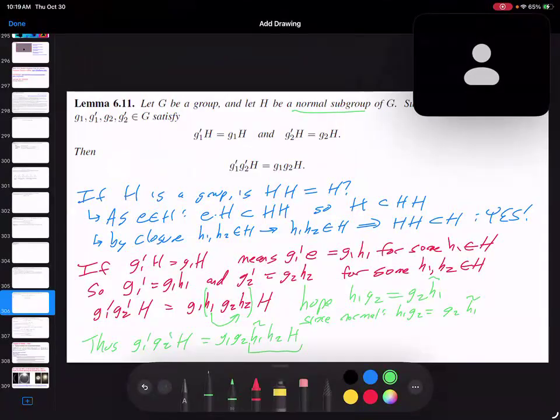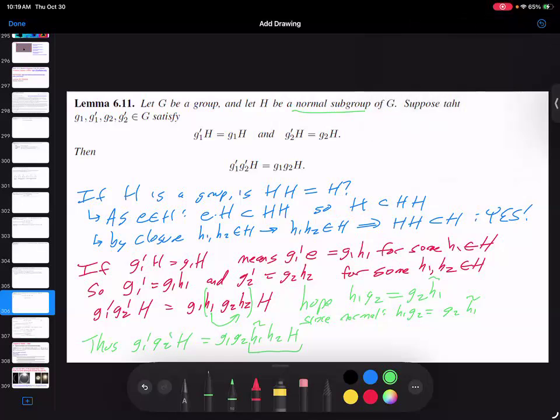But what is H1 tilde H2 times H? If I multiply a subgroup by an element in it, I just get back that subgroup. And so this is going to just be G1, G2H. So as an exercise,